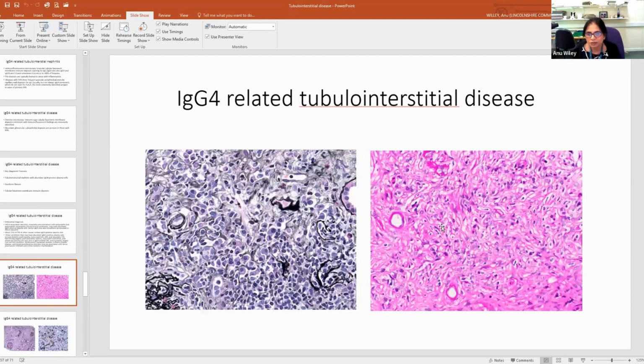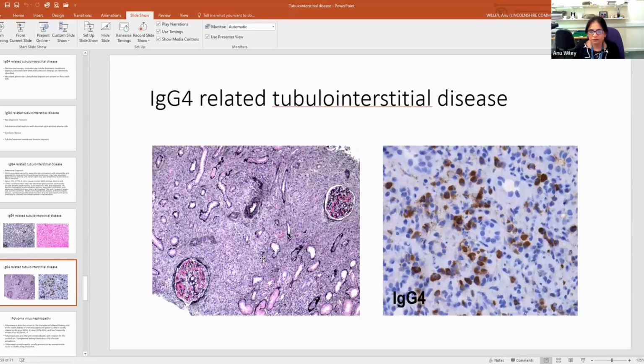So what do you see? On this side, you can see a tubulointerstitial area with a silver stain, and that is a PAS stain. And when I was talking about bird's eye fibrosis, you can see individual plasma cells can sometimes have fibrosis around them. And same goes here. And here it's a bit more storiform, but also around one or two cells there is circulating fibrosis around it. If you see that, along with, obviously, quite severe fibrosis,